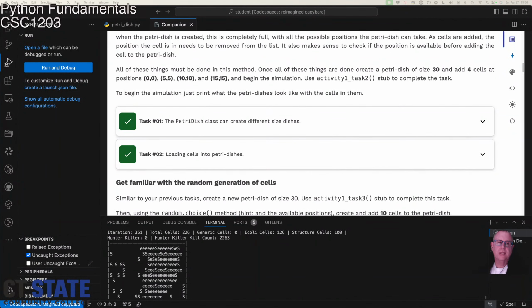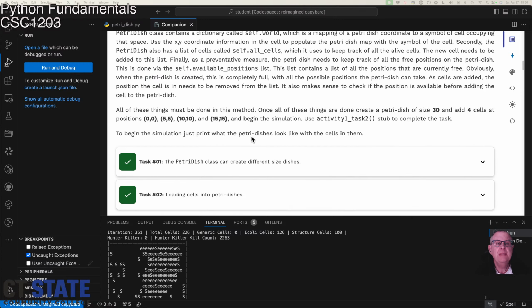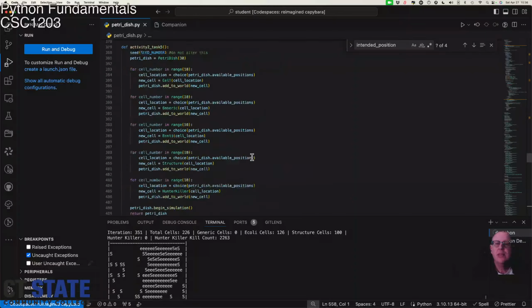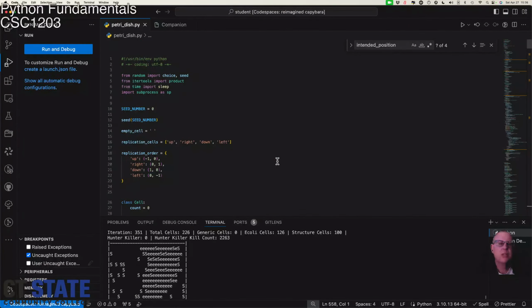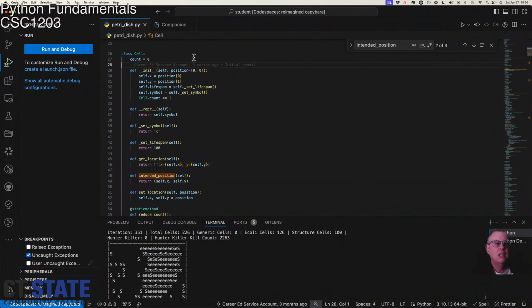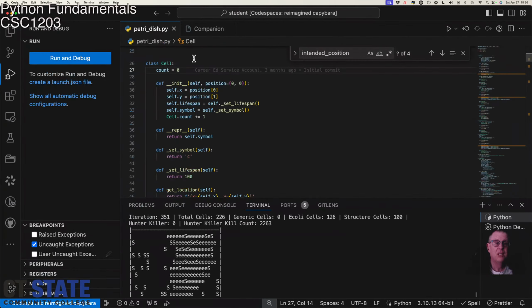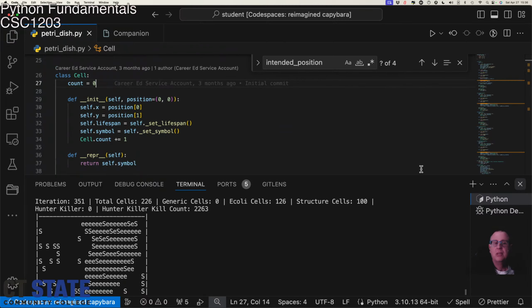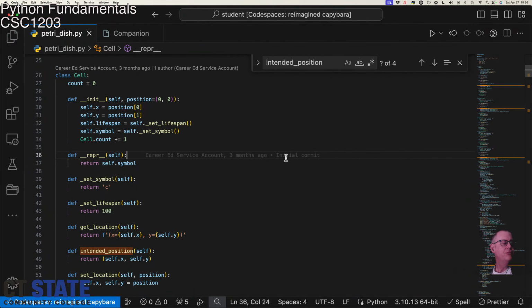Hello, I thought I'd go through Module 7, which is about simulating cells in a Petri dish. Okay, so the key part of this is it's about object orientation. So we first of all have a cell. Let me just make that a bit bigger and get rid of the other stuff. There we go. Right, so we have a cell class